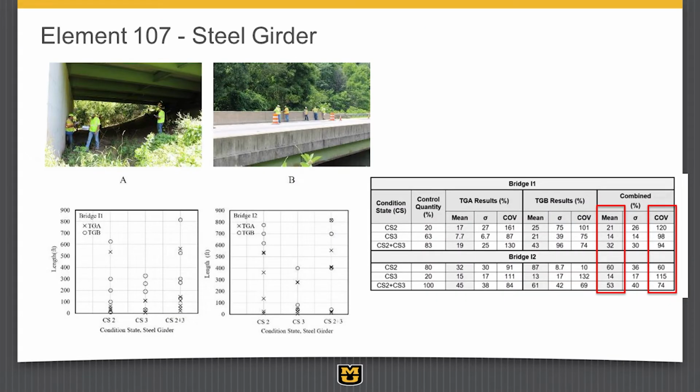The important stuff is kind of over here. As I said, we had 2 teams, but if you look at this combined result column, I think it is the most important one. You see what the mean is for condition state 2, condition state 3, and again, what if we just look at how much damage they reported, whether condition state 2 or 3, right? The mean was about 32. The standard deviation is about 30, so this coefficient of variation, which is just the ratio of the standard deviation to the total amount, is about 94%, right? And so it's sort of close to plus or minus 100%. That was pretty consistent.